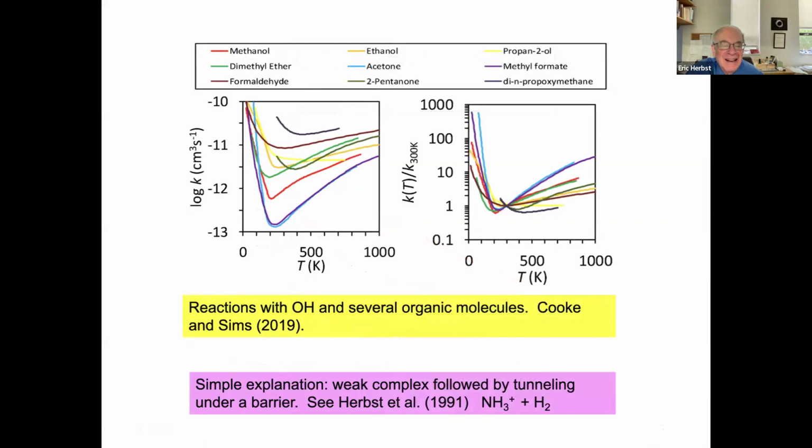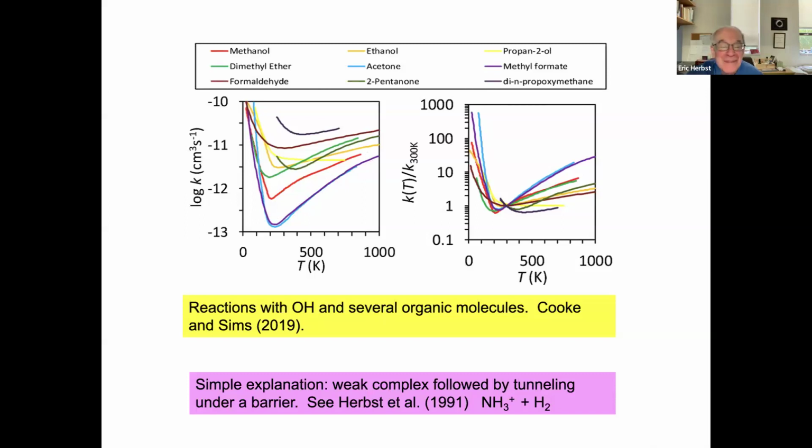All right, here's another very unusual set of reactions. Typically, if you have neutral reactions, then as it goes to lower temperature, the rate gets slower and slower and slower, and by very low temperatures, you don't have much of a reaction at all. And here are examples that are getting slower and slower, and then appear to have changed their minds, and then they go faster and faster again, and soon they go on every collision at low temperature.